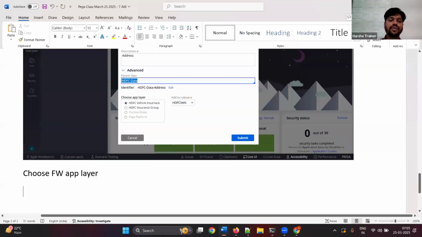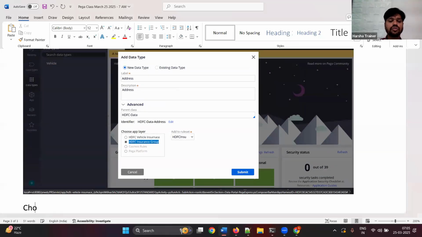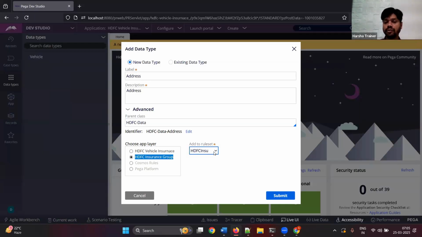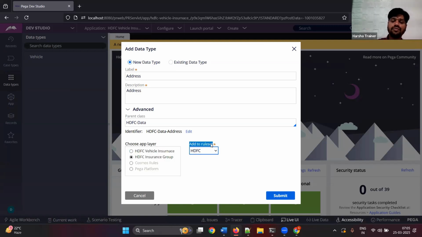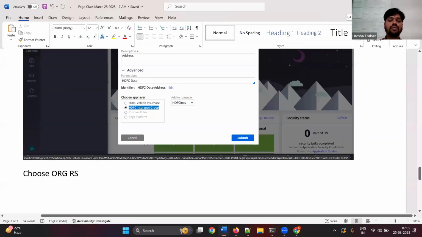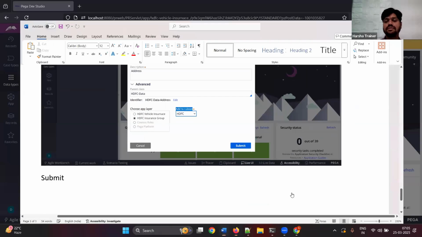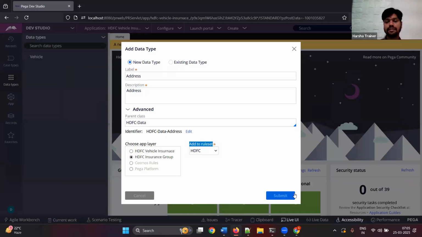And then you can choose org rule set. This one you are not aware of. You would be learning this today or tomorrow. Today, we are going to discuss this topic, rule set topic. What is the topic? Rule set. You just follow the documentation for now. Okay. Submit this. So once you click on the submit button here,